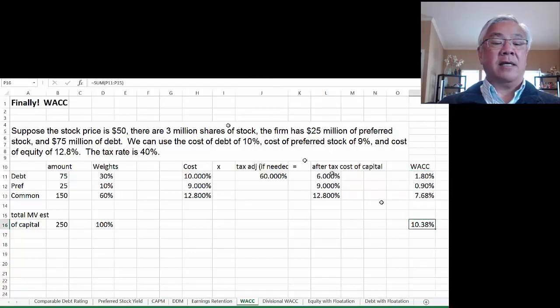So the WACC is this number, 10.38, which is comprised of 30% at an after-tax cost of 6, 10% at an after-tax cost of 9, and 60% common, weighted at 12.8. That's why it's a bigger number, because most of our capital comes from common stock. So that's how we do